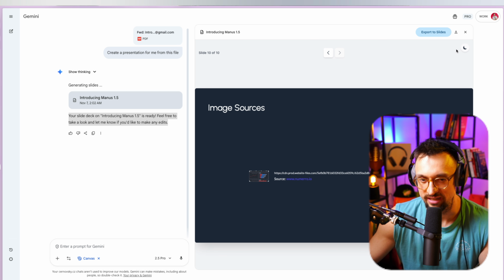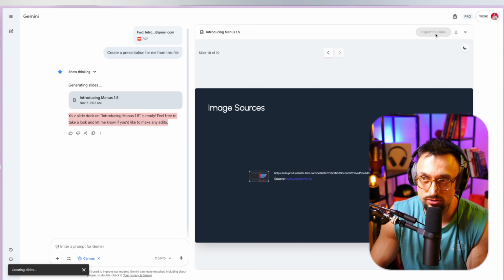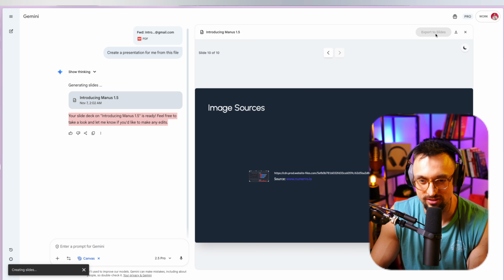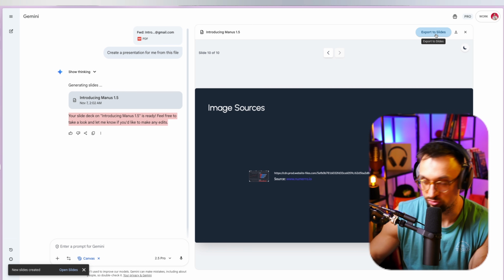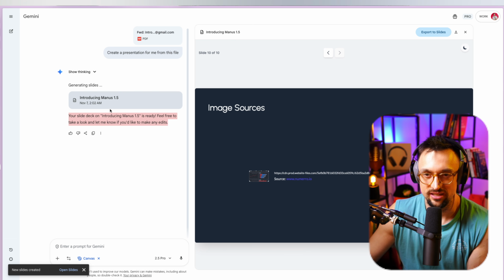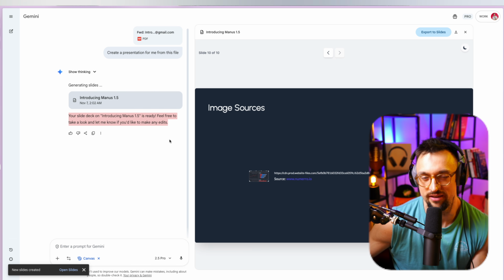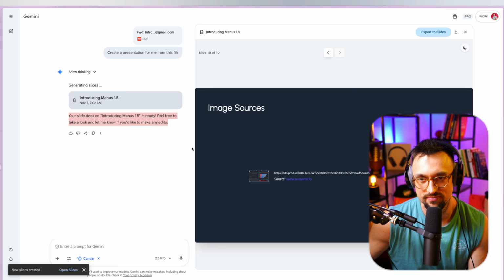But the most important thing is that you click on export to Slides. And since we are right now in Google Gemini, and it is obviously connected with Google Drive and all the other Google stuff, you can attach the PDF file from your Google Drive here. You can let it create a presentation, a deck. That's what we have here right now, and then the deck will be here, and you click export to Slides, and you open Slides,